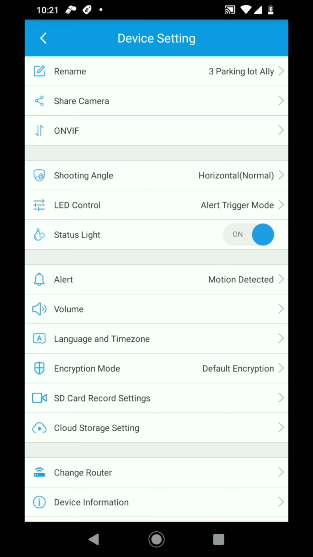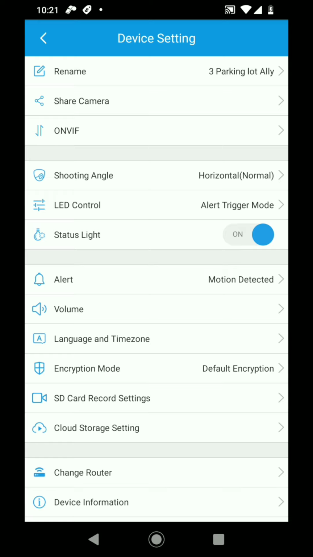That, of course, is self-explanatory. Encryption mode, you want it on default. What it does is it randomly generates a different password and information for hackers. There has been a lot of stuff going around about Ring, and I think Vivint too. People's cameras have been getting hacked, and these have encryptions, meaning it's different every time, so they're not easy to